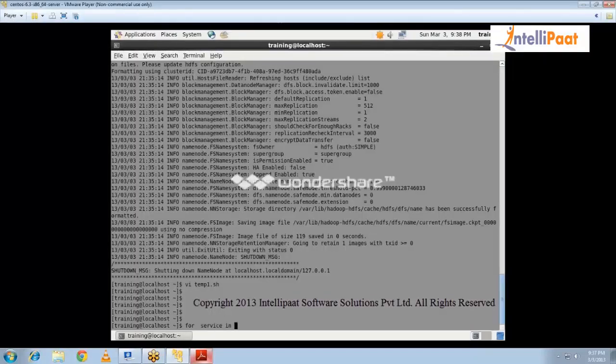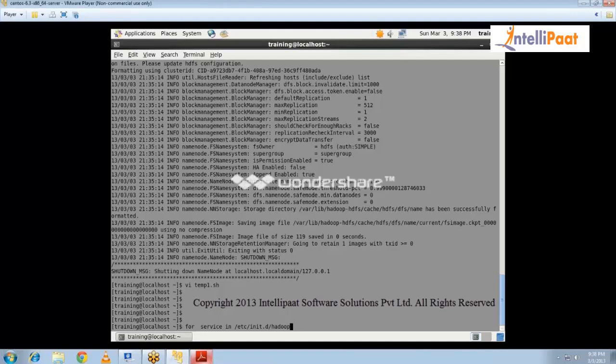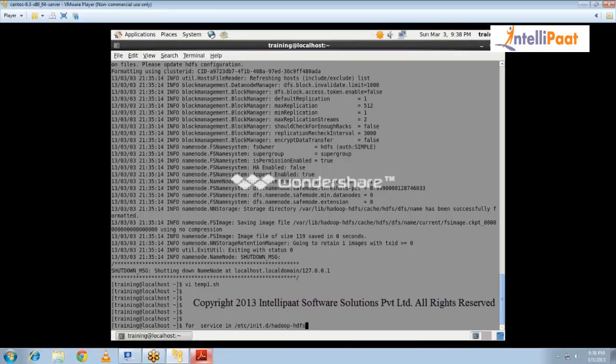For service in /etc/init.d/hadoop, delete the HDFS, and star.